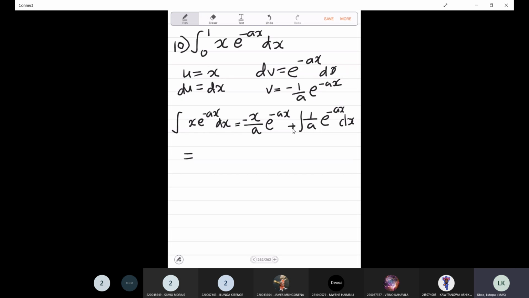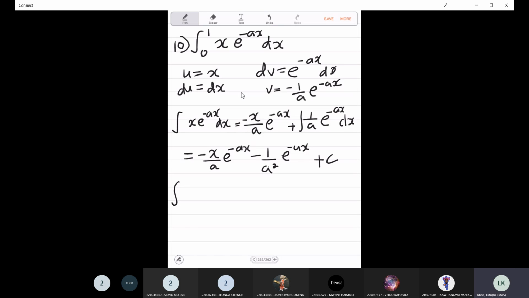Okay, so this is minus x over a e to the power of minus ax, and then here the integral of this is negative 1 over a squared e to the power of minus ax. Okay, so I would add my constant of integration,